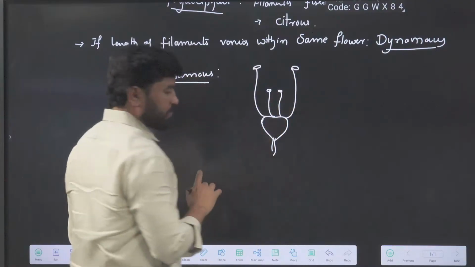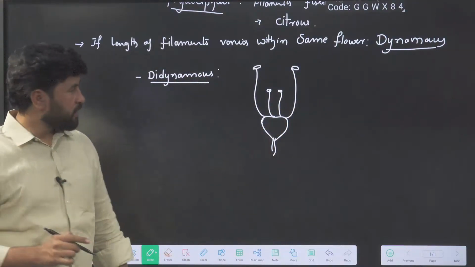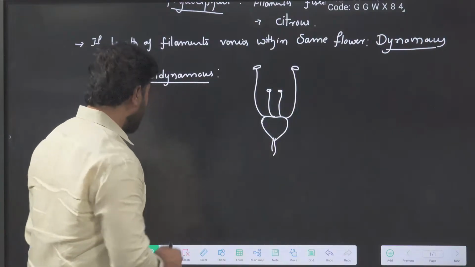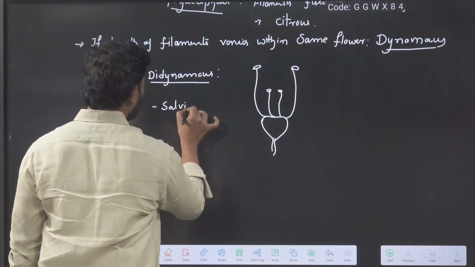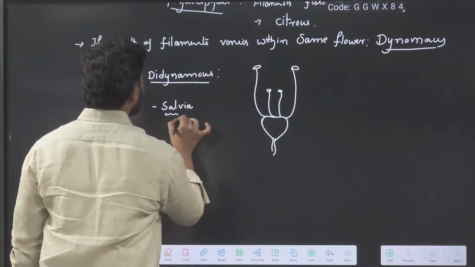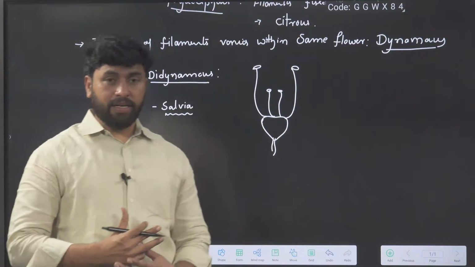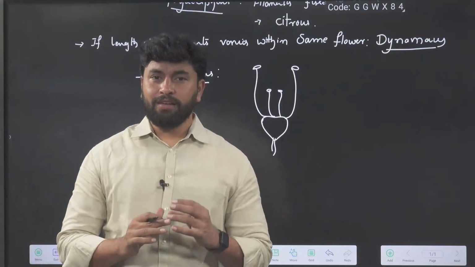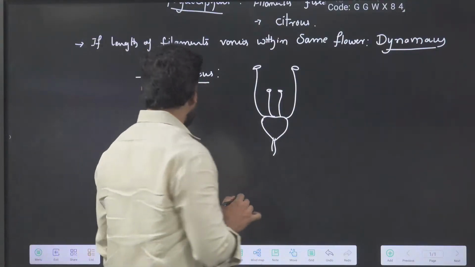Check this. Outer two are lengthy, inner two are short. This condition is called didynamous. Best example, salvia. Not salvinia, it is salvia. Salvia is an angiosperm, Salvinia is a heterosporous pteridophyte. We will get to it later. Next one,